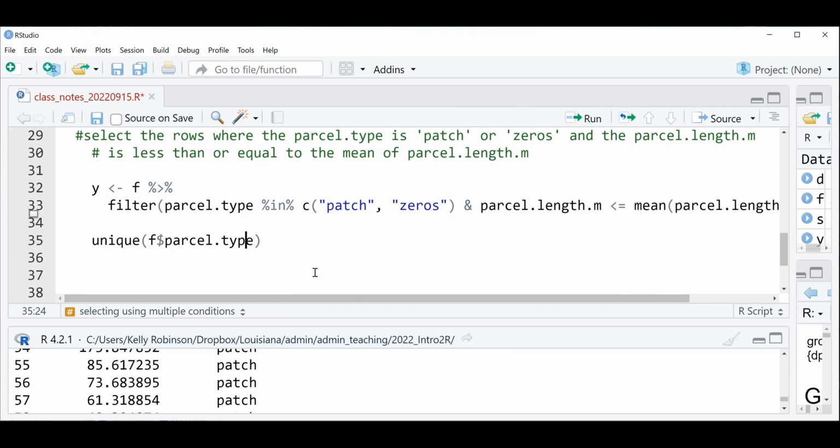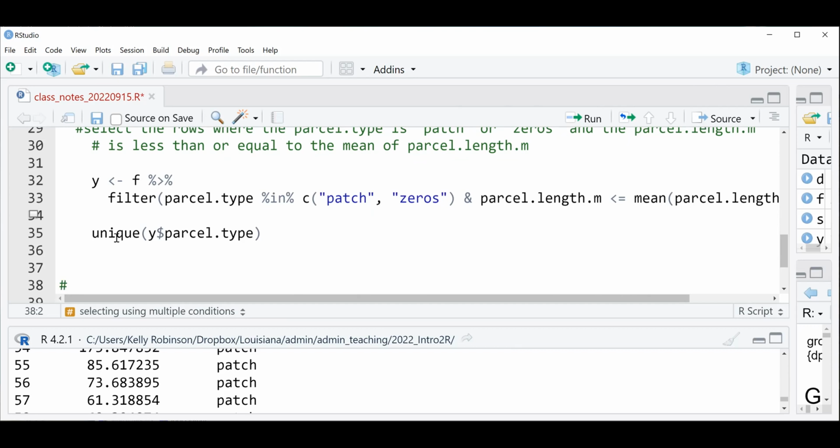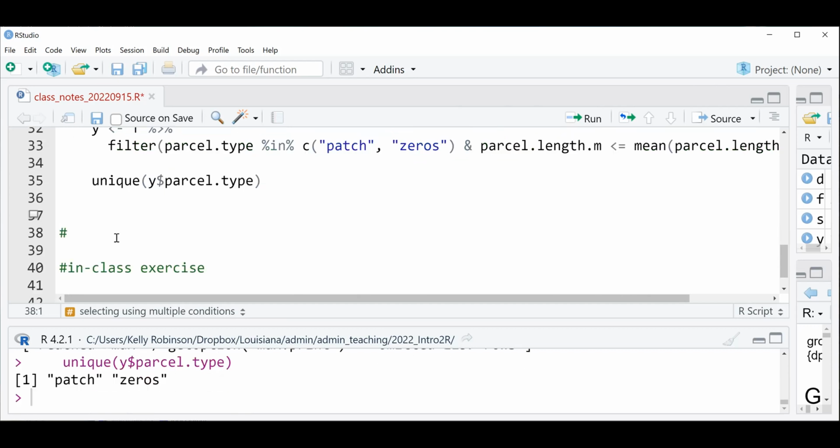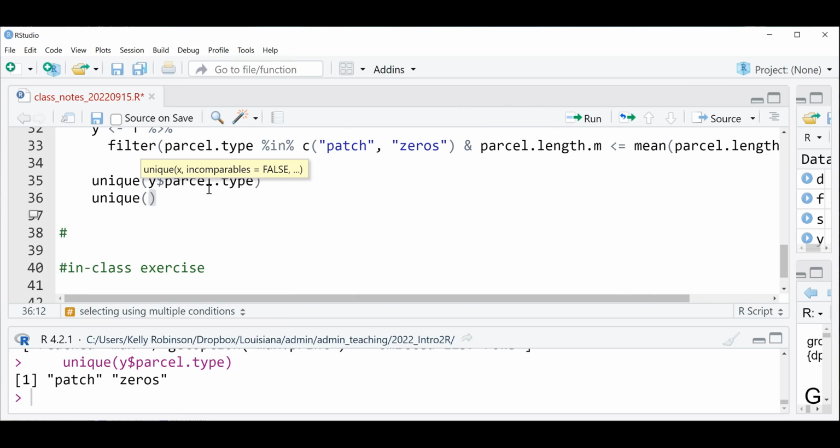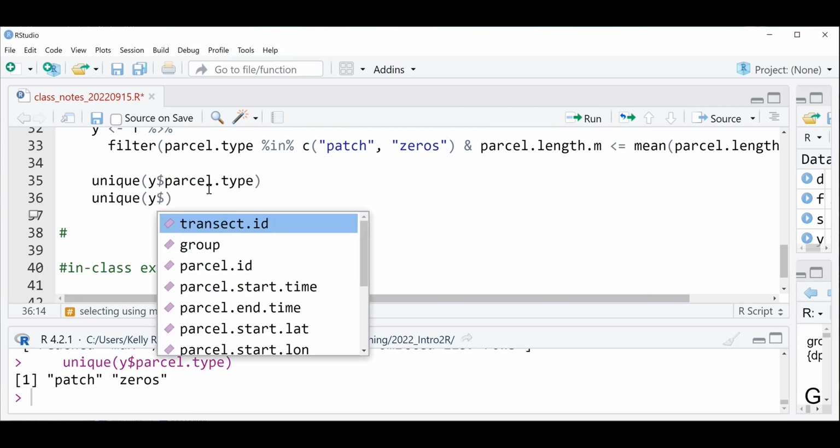So are you calling the original data frame or the data frame that you made? Yep, you're right. I need to put Y there. I'm just going to put a comment stop here so that it doesn't run to the bottom of the page. And it shows me I have patches and zeros in there. So good, step one. And then for the second one, you do the same sort of thing, unique. In Y, in the column parcel length,